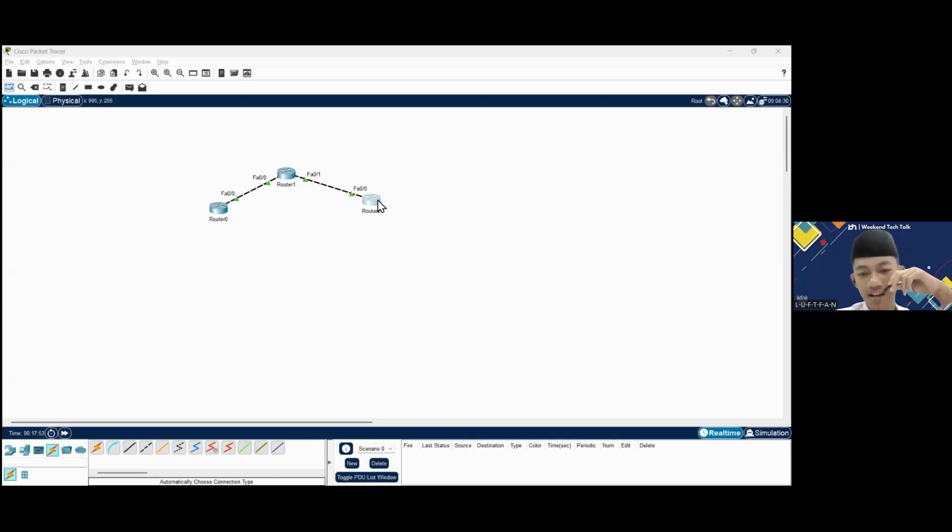Okay, now we are done configuring the basic EIGRP to connect all routers.